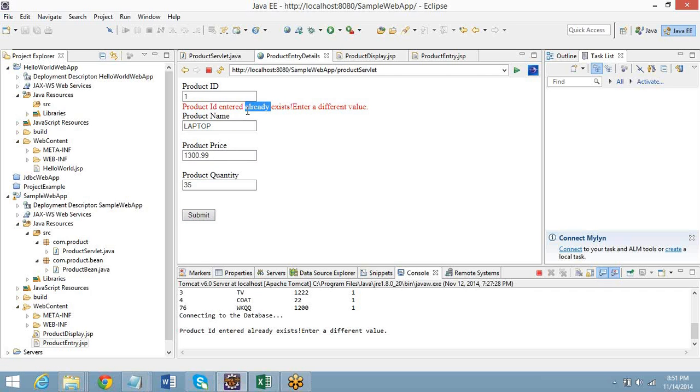I'll tell you one thing. What you need to do is see if this product ID exists in the database. If this product ID exists in the database, you need to do an update for the other fields. If the product ID does not exist, do an insert. That would be better, right? Why do you need a hidden variable? They wanted me to understand the concept of a hidden variable. That's the reason. Actually, what they might be asking is to use the hidden variable and keep it, change it, insert or not change, update.